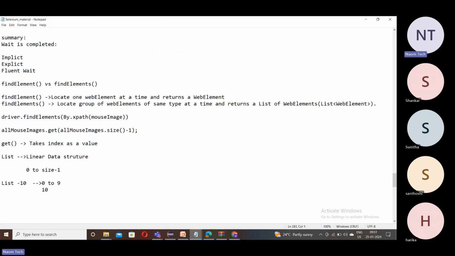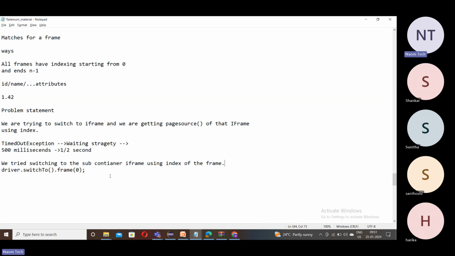When you go to Twitter, let us get a clear idea about the problem statement, because understanding the problem statement is very important. The third strategy is covering what, friends? Applying the switch method to a frame using a web element or using a locating strategy. So what is the problem statement here? This time we are switching to